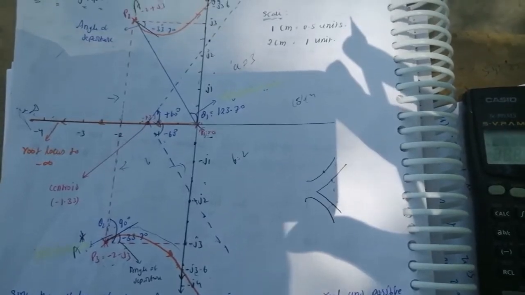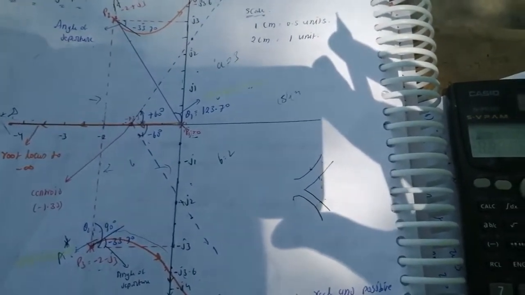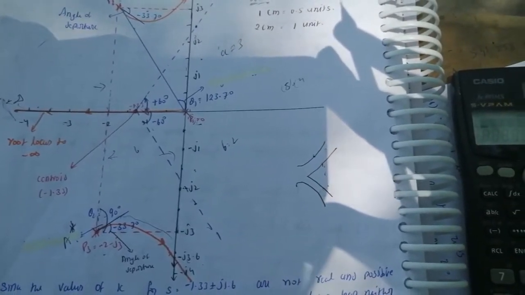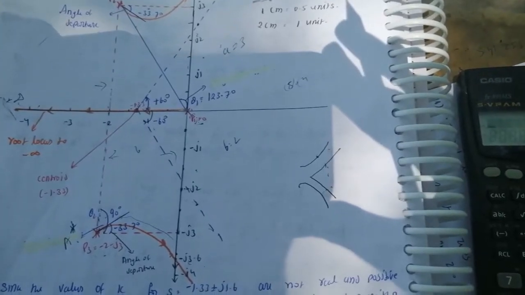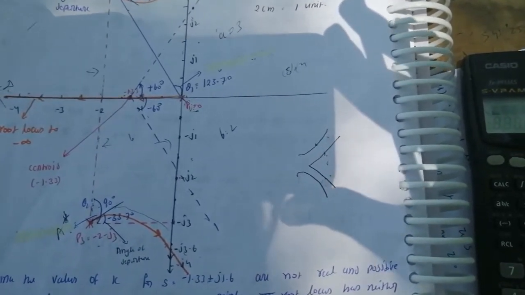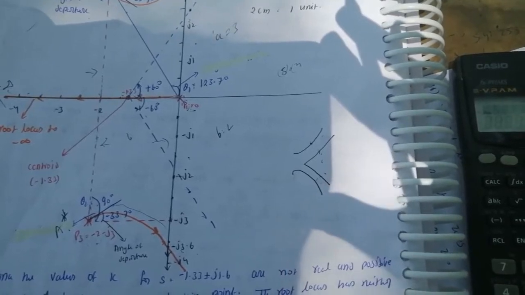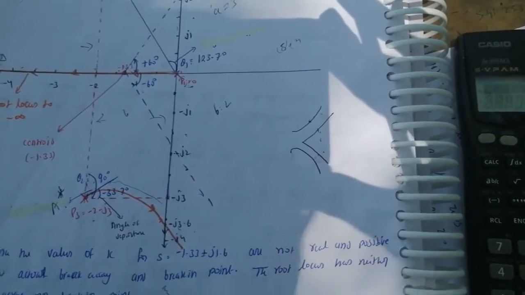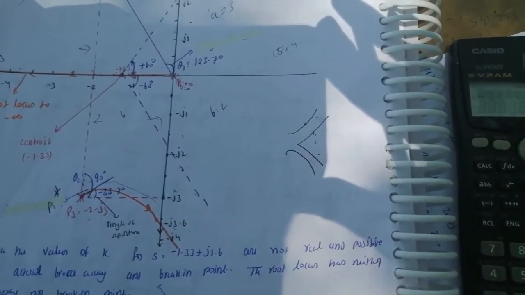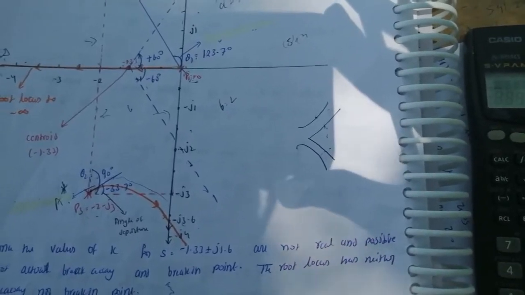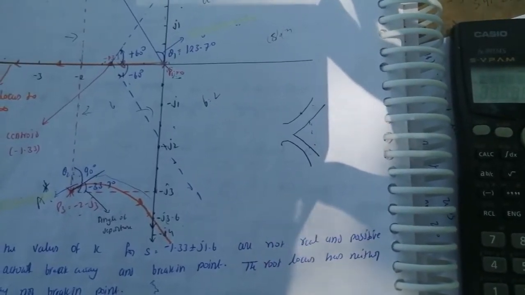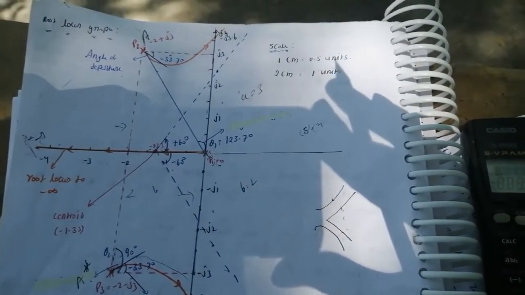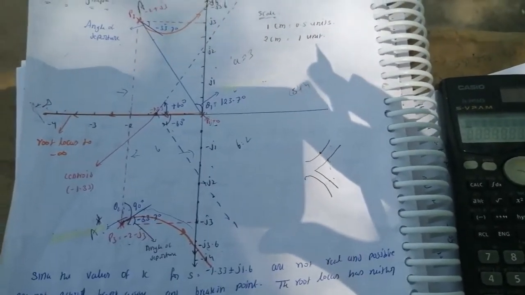So just be aware of the concept, how we can find a particular step, what are the different ways we have to check, when the breakaway point will be available, when it is not available, when we call it a breakaway and when a breaking point, when we have to find the angle of arrival, and when we have to calculate the angle of departure. If you know these conditions, then you can draw the graph based on the given values. So this is about the root locus plot for the given open loop transfer function with unity feedback system. Thank you.